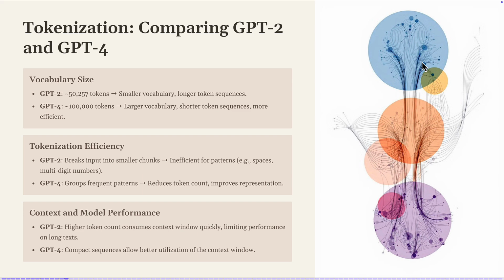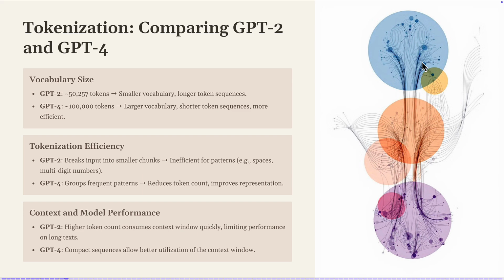So comparing GPT-2 and GPT-4, the GPT-2 tokenizer was trained to produce a little bit more than 50,000 tokens. So it's a smaller vocabulary, but it leads to longer token sequences. GPT-4 was trained on 100,000 tokens, which is a larger vocabulary with shorter token sequences and more efficient. So in terms of tokenization efficiency,